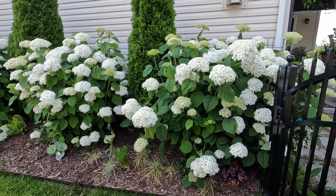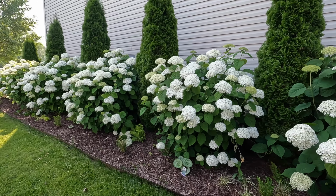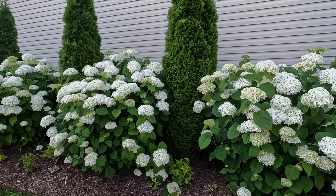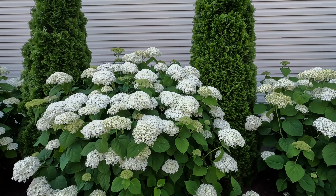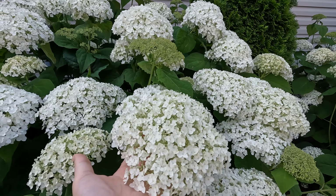All right, guys, it's time for the showstopper. This is the hydrangea hedge right now. This is really middle of June. It's prime. These blooms continue to get bigger though, so they're not as big as they normally are right now,